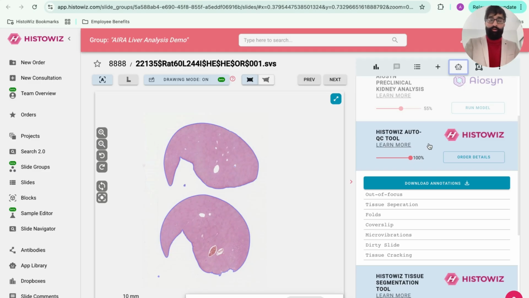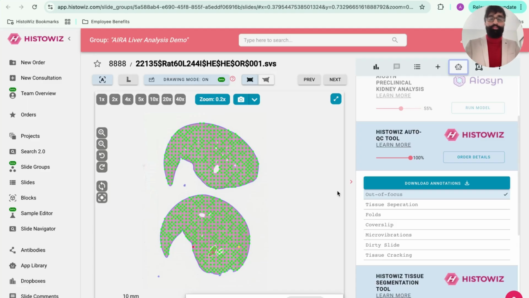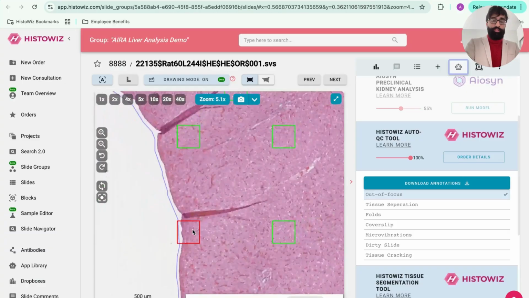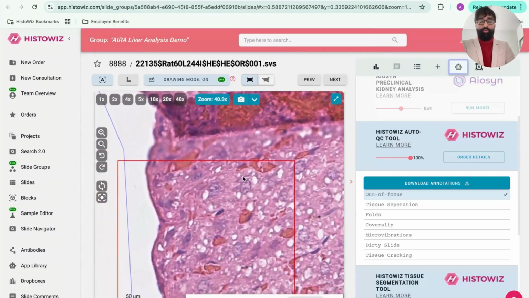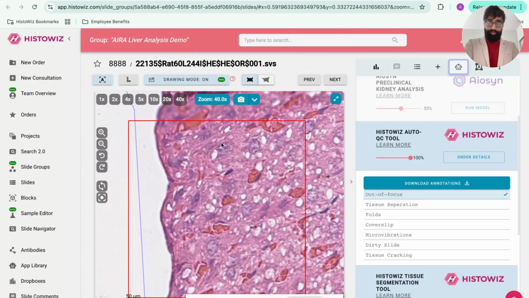So as a part of that, we have out of focus to detect tissue blur, cover slip, tissue dirt, tissue cracks, etc. And once you click on any of that feature, it populates with bounding boxes where green indicates there is no issue and red indicates there's a significant issue. And again, tissue blur is something which is not clearly visible at lower resolution. So an AI app for that actually makes it easy to look for anomalies across the image. For example, here it flags that there is one region which has blur, and as you zoom in at a very high resolution, indeed there is a small blur within the tissue.